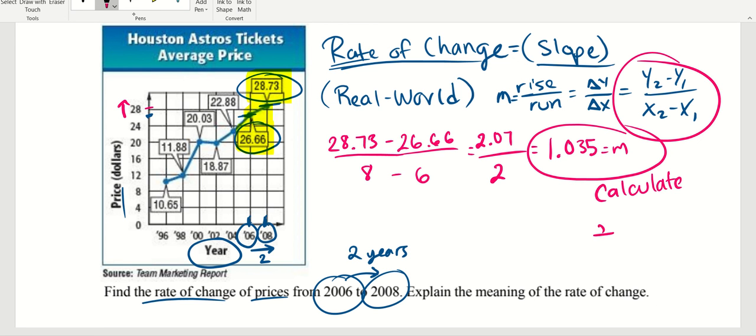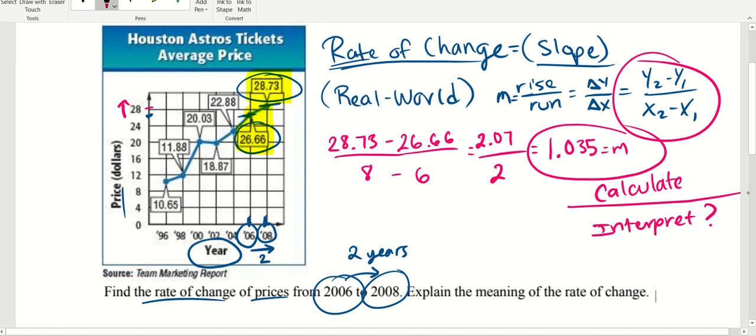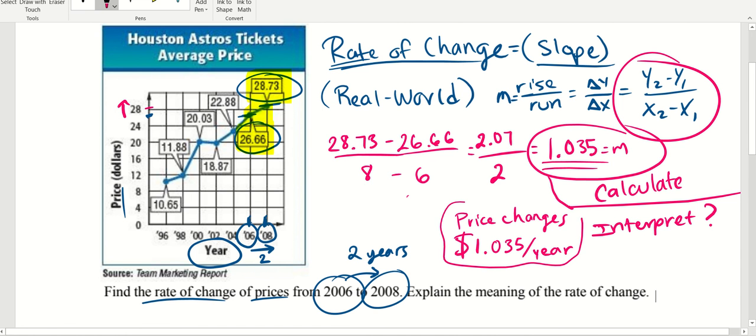Now what about interpret? Because that's something else that you also need to do. So for interpretation, you have to remember that this is how much you found it to be per year. So you can just say that the price changes at a rate of change, with the rate of change of $1 and I guess 3 cents, because it's 1.035 per year. So this is the interpretation